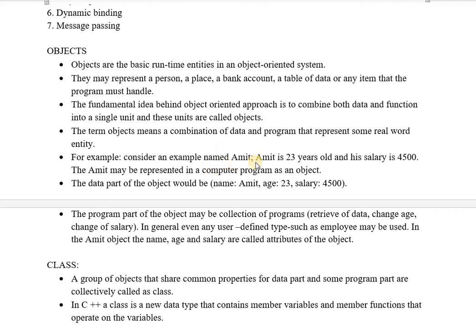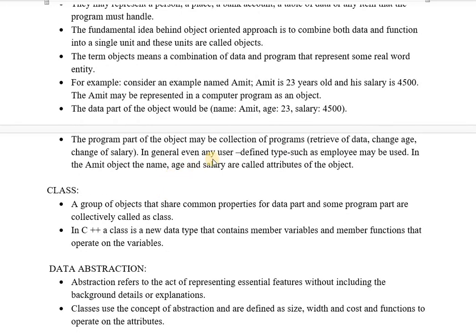For example, we took the example of an employee. Suppose his name is Amit and he is 23 years old and his salary is 4500. Amit may be represented as a programmer, or he can be considered as an object if we talk about programming terms. The program part of the object may be a collection of programs. So the data part would be his name, age, and salary, and the program part of the object may be a collection of programs,